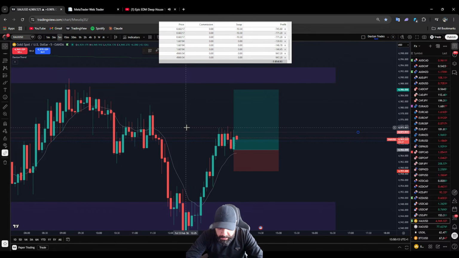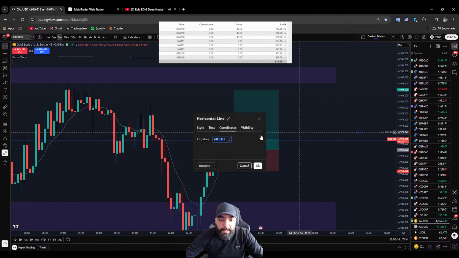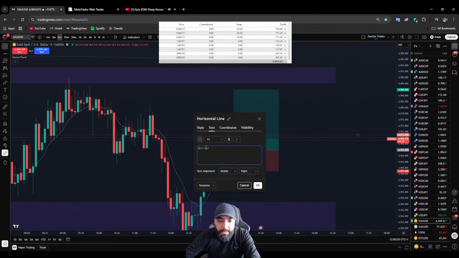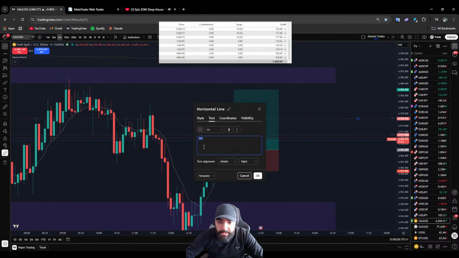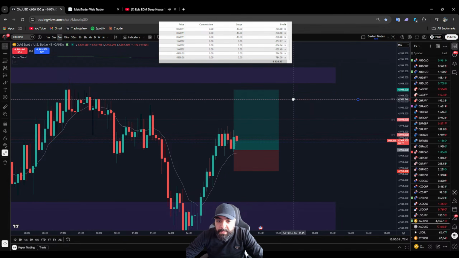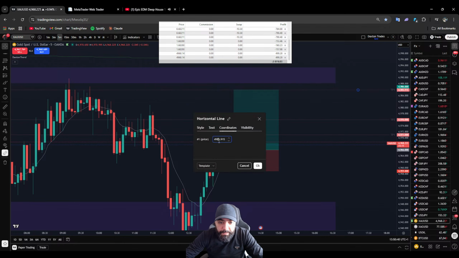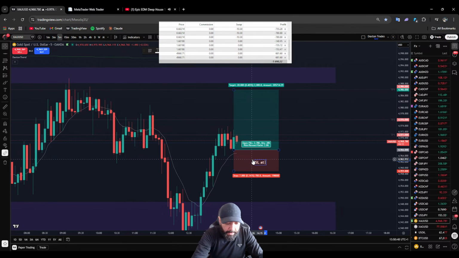So now the stop loss is at entry. I just need to add these TP levels. So this one was for the TP1, already hit. TP2 is at 76, so for 100 pips, 76. And TP3 is for 200 pips here. And stop loss is at entry. SL at break even.